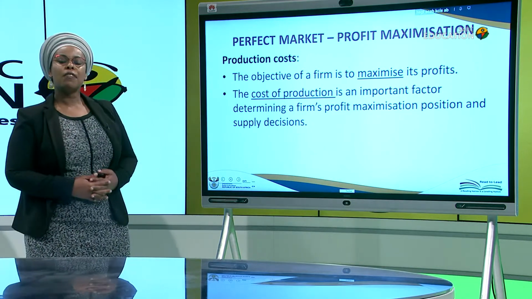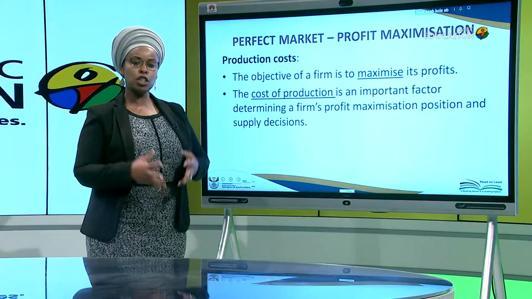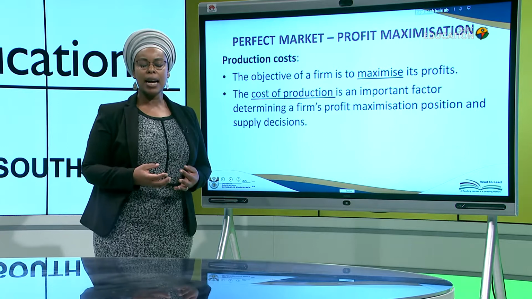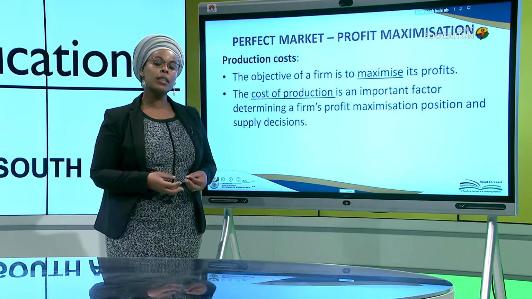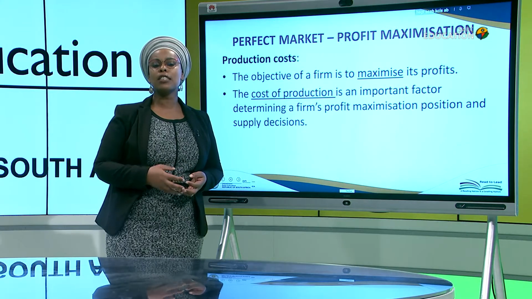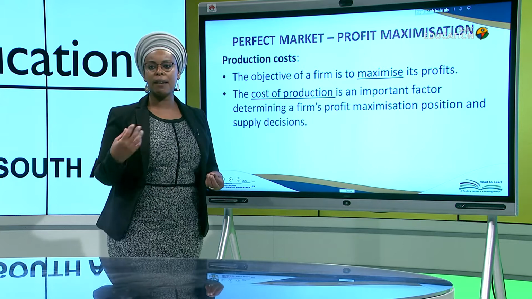The aim of a business is to maximize profit. It is not just to make profit, it is to make the highest profit. However, this will depend on the cost of production. Remember, when a business is producing goods, it has to incur total costs, which include fixed costs and